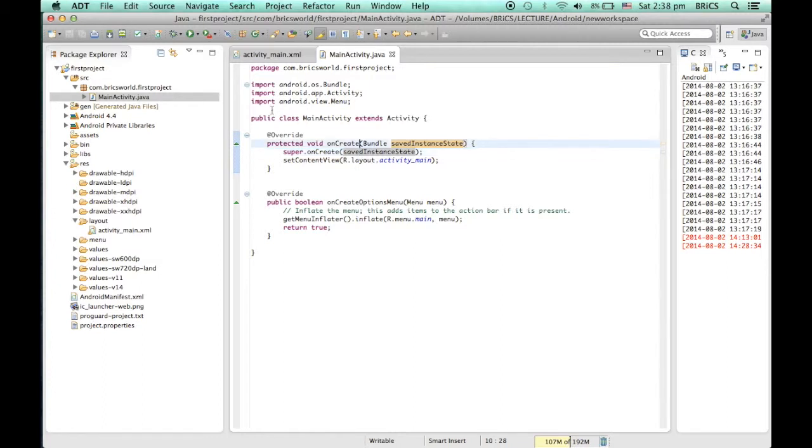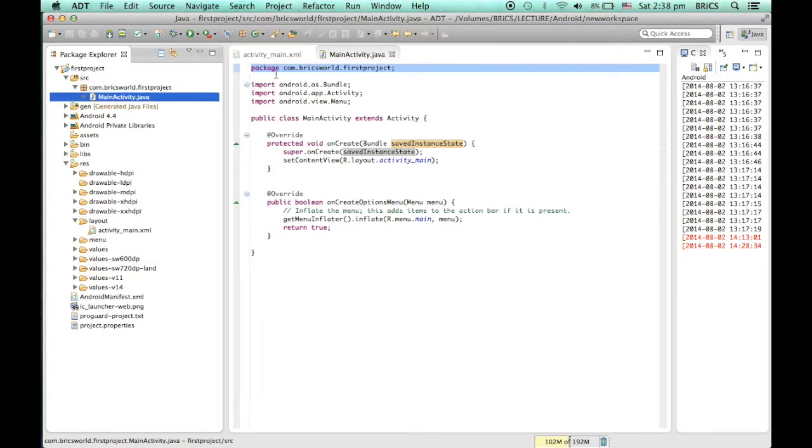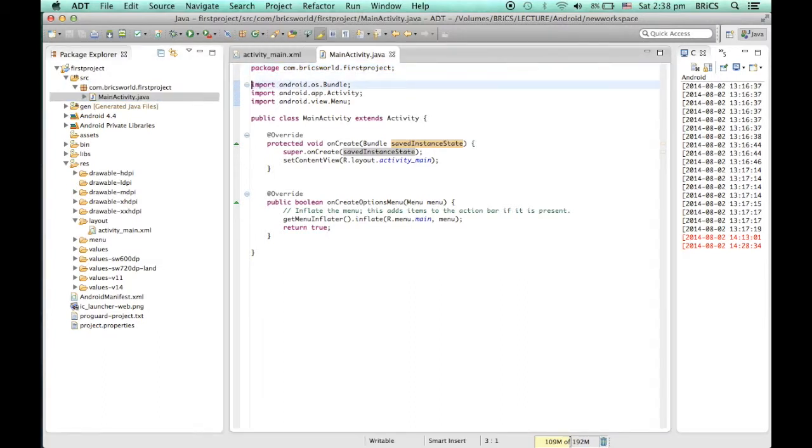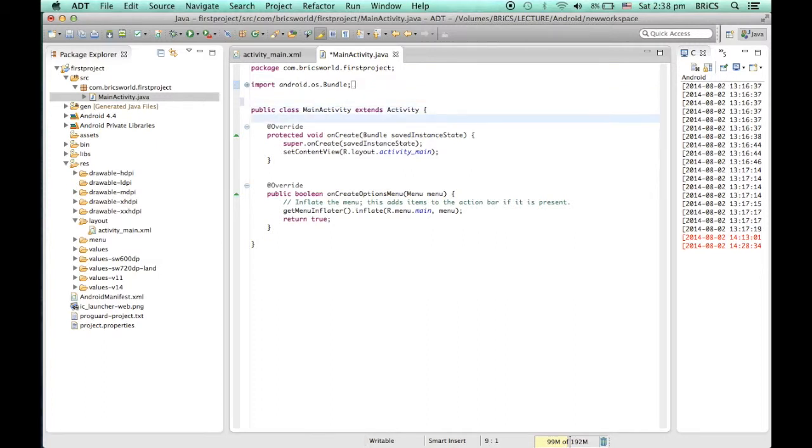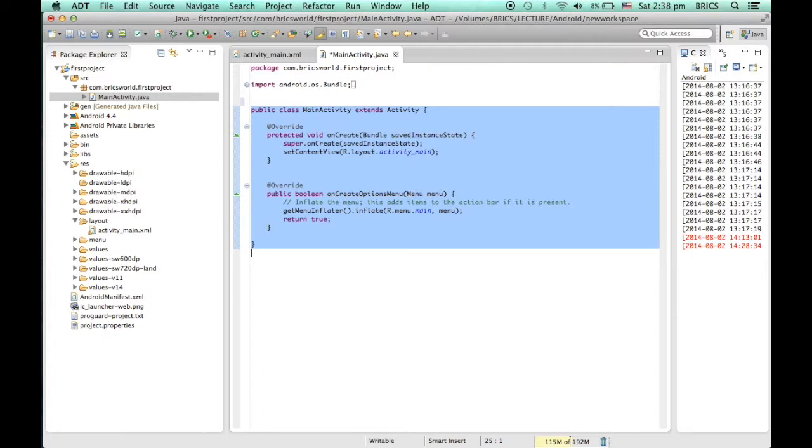This time we will not delete everything. We will use all these things which are already written here. The top line is the package name, exactly similar to this package. Next we have a few imports. Never worry about imports, just leave them. Whenever it gives an error, Eclipse has a facility to auto manage it, so you need not worry about that. Now this is our class, named MainActivity, which extends Activity.